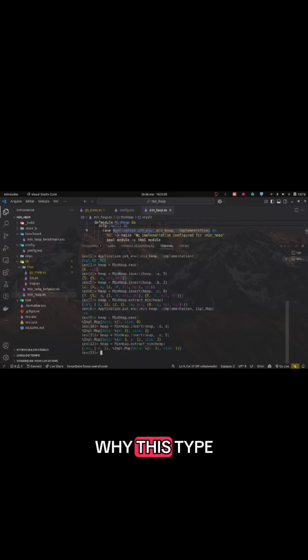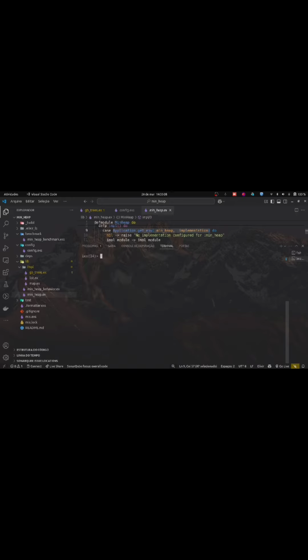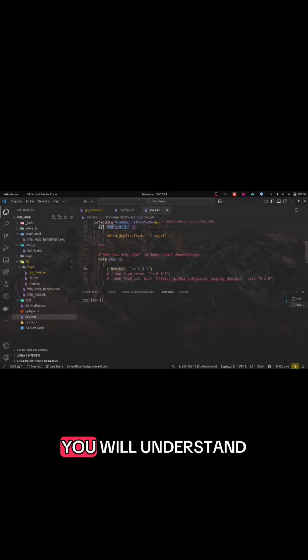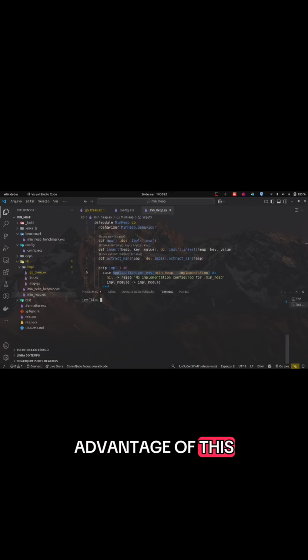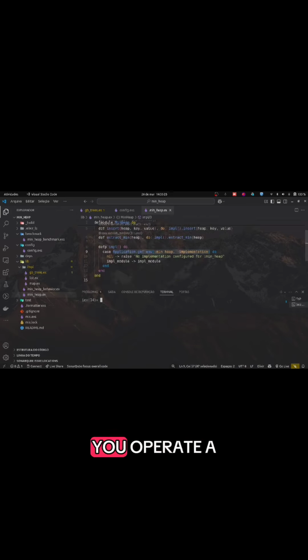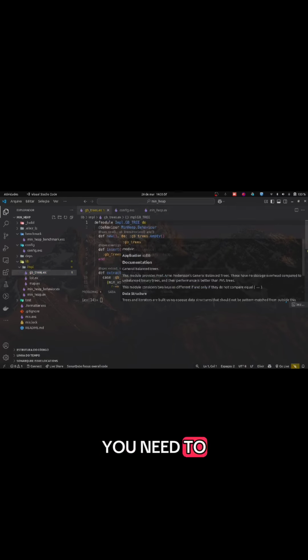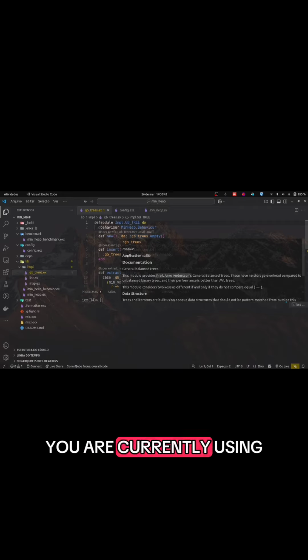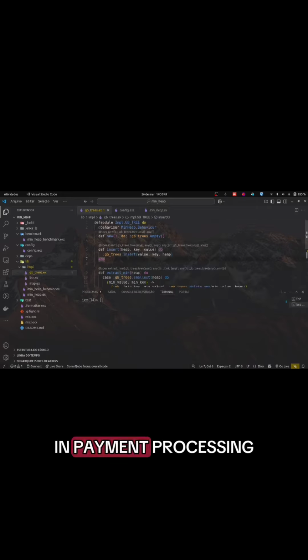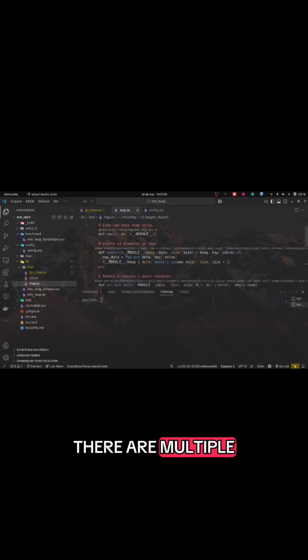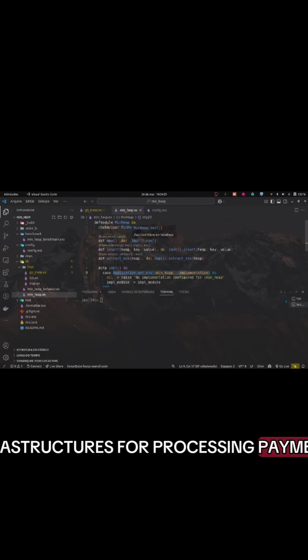Let me explain why this type of approach is used. If you search for circuit breakers, you will understand a bit better how to take advantage of this. But at this point, let's say you operate a system in telecommunications and something goes wrong with the network. You need to switch providers or change the service you are currently using. In payment processing, for example, there are multiple infrastructures for processing payments. When there's an issue, like a payment is too slow, we signal it with a flag and we get an alert. As an operator, I notice it's becoming slow, maybe a